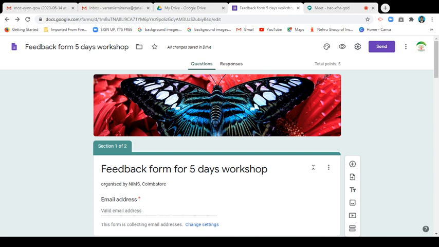If you are a personal account holder, this is very important, you can send only 100 certificates to the respondents. But for an institution with a G Suite account, you can send 1500 certificates per day. It means you can send 1500 emails. So on the same day, if you send the meeting link to participants, you can send only the balance of certificates.